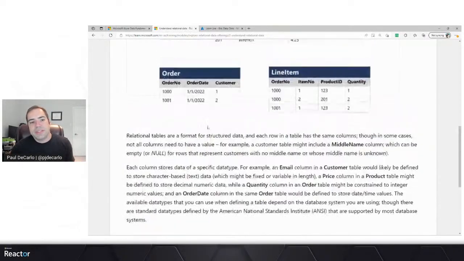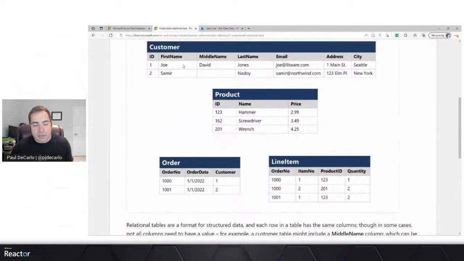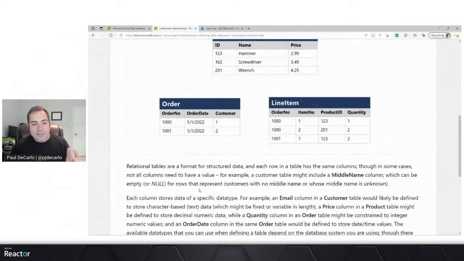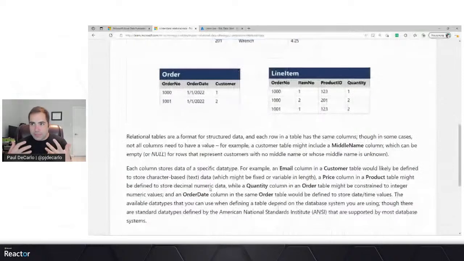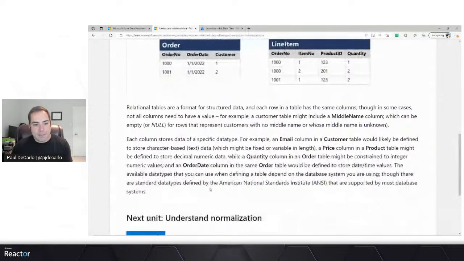One other thing to pay attention to is the data type, so how data is stored. So first name, middle name, last name, these are of course going to be text-based or variable character length data. ID is going to be some sort of whole number, and price is going to be some sort of decimal or floating point value, whereas order date is a date time. Now, why is that important? Because of course the different properties of different data types allow you to perform different capabilities. For example, how you might sort the data. Maybe you want to do a computation or add prices together in order to achieve a total. All of those things become important in the relational database model.